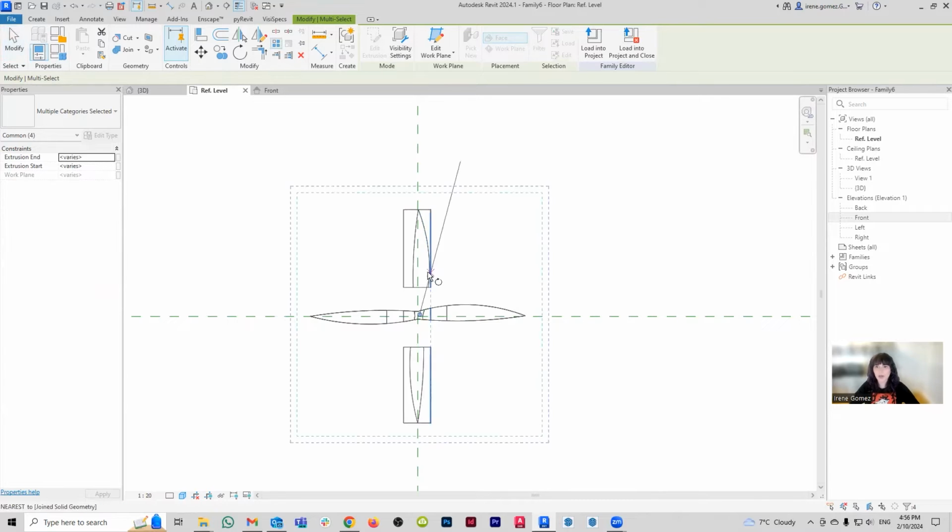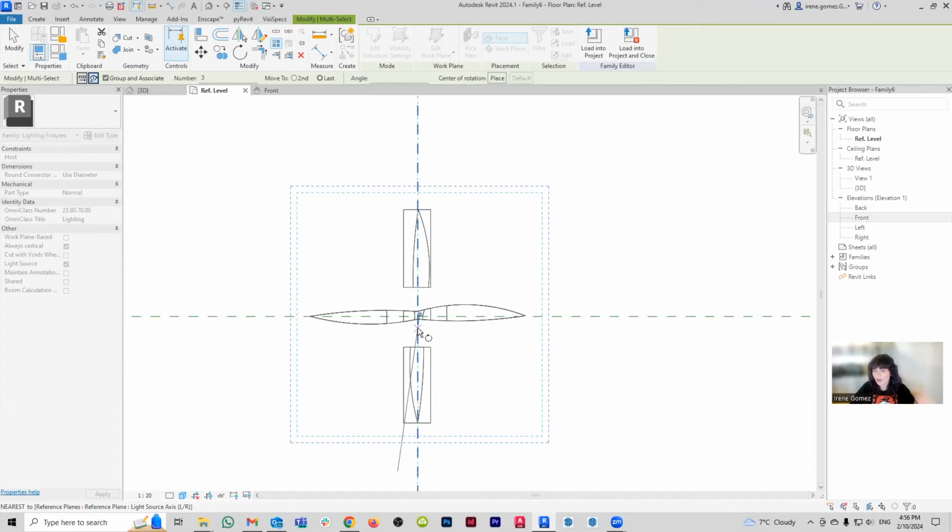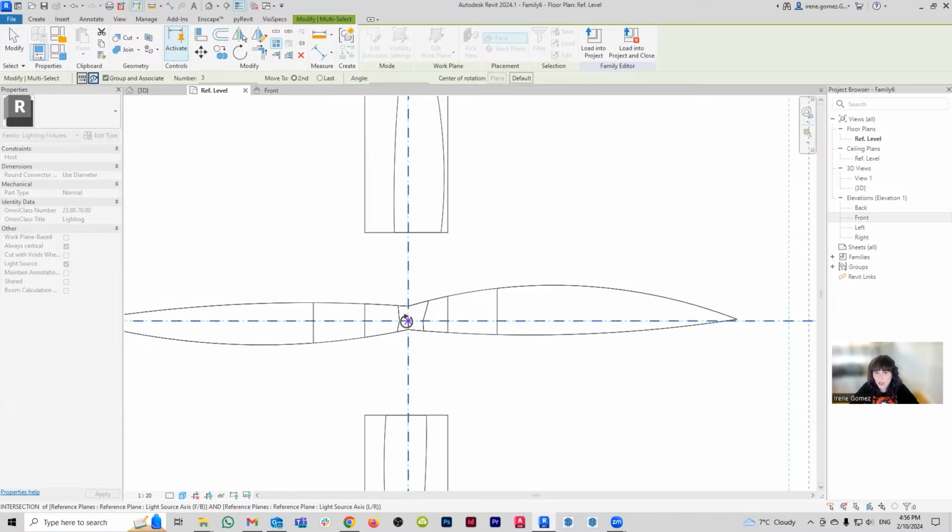I'm going to go to my array. Quick key is AR. Don't worry about that preview. Again, you can always use uncut to fix those gaps. And what we want to do is, number one, make sure that we're working with a radial array. Number two, make sure that we're working with first and second, not first and last. And number three, use the place center of rotation so we can make sure that we're using the center of our axis.